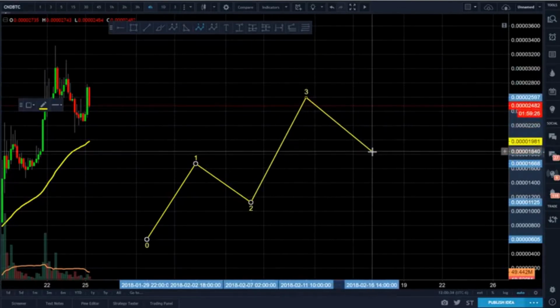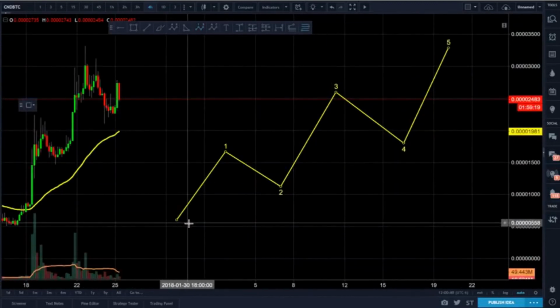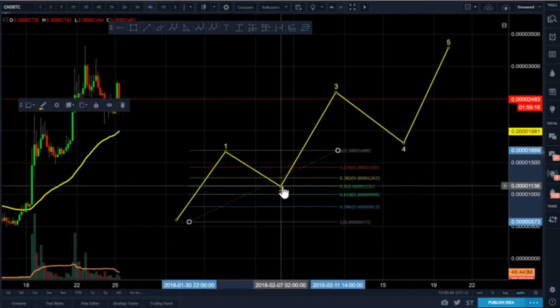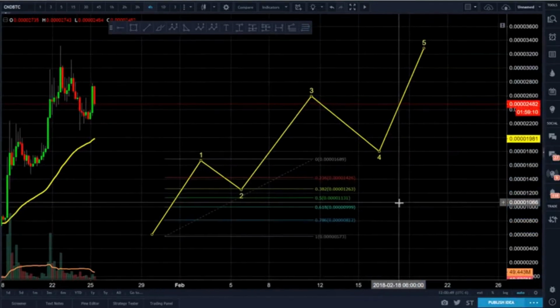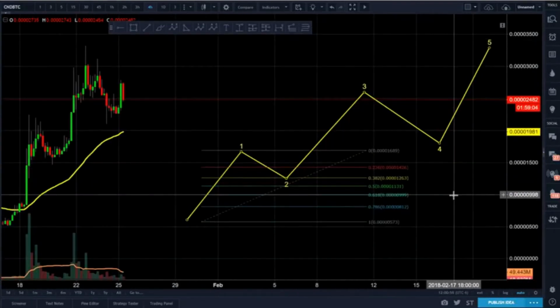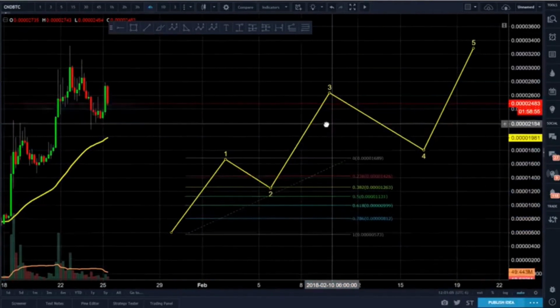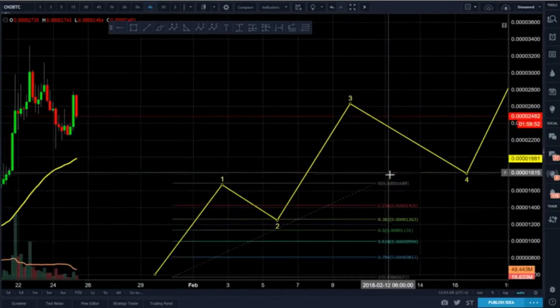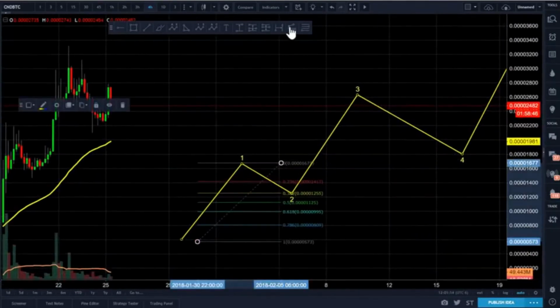So let's say we have our 5 impulse waves going up like that. What we do is we take our Fibonacci retracement for wave 2. Let's say that we get a very bullish market. If we get a very bullish market, that means that a lot of profit eventually needs to be taken sometime soon. And if it's very bullish, then the demand is really, really high, right? But the supply is super low. So if the supply is really low, no one's really dumping it, and the demand's even higher, it makes wave 3 impulse incredibly strong. So if wave 2 retraces only a 382 level, what we will automatically assume is that